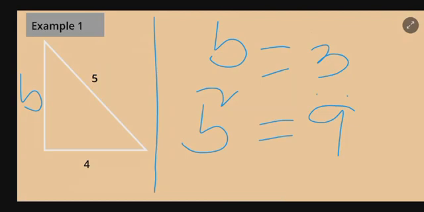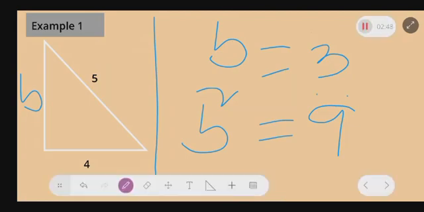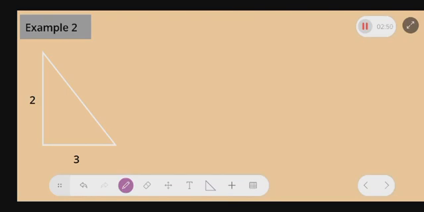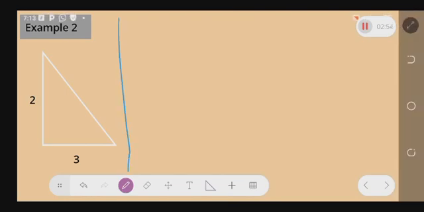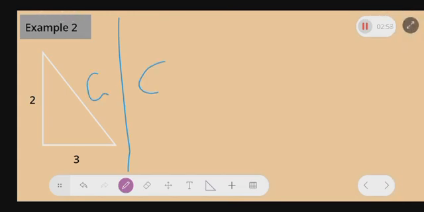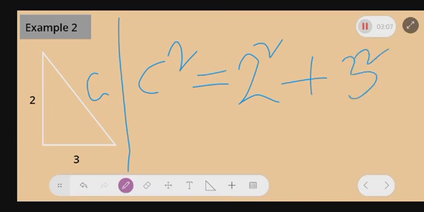Example 2: here we are given the remaining two sides and we are required to find the hypotenuse. Let's represent the hypotenuse as C. We have that C squared is equal to the squares of the remaining two sides, which is 2 squared plus 3 squared. Then 2 squared we know is 4, and 3 squared is 9. Adding the two of them together, we have that C squared